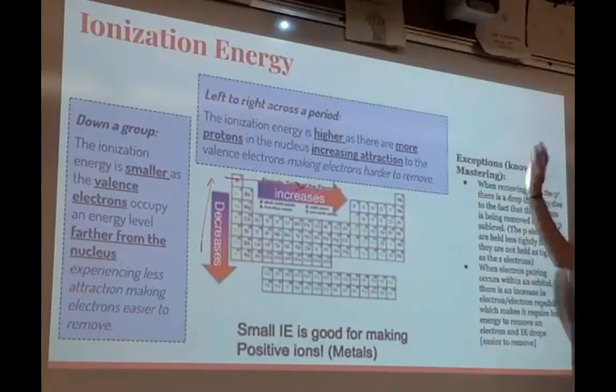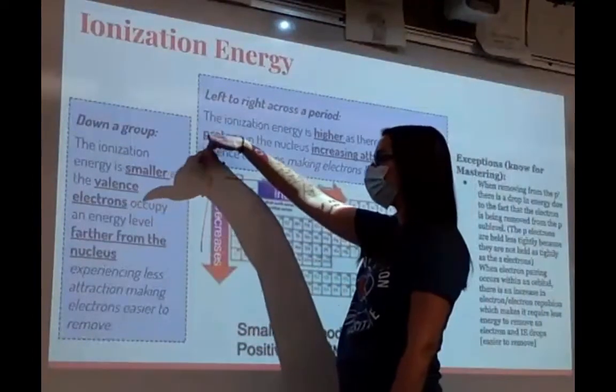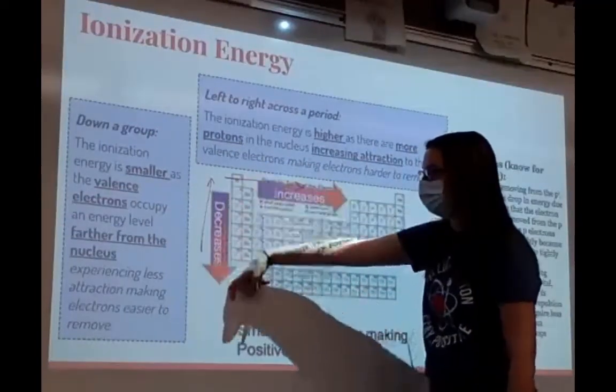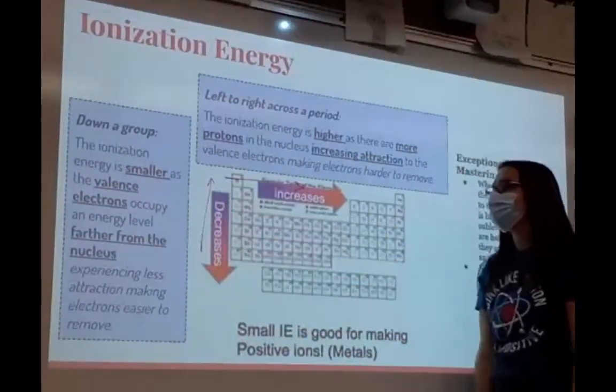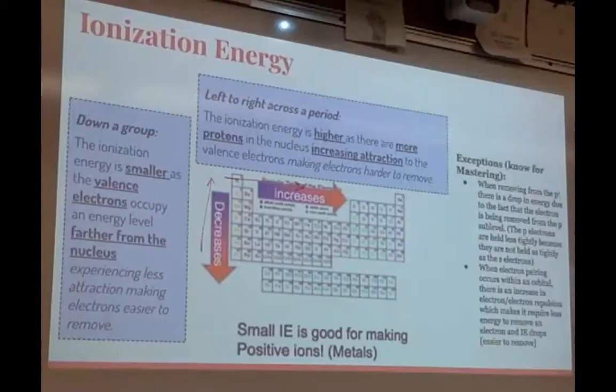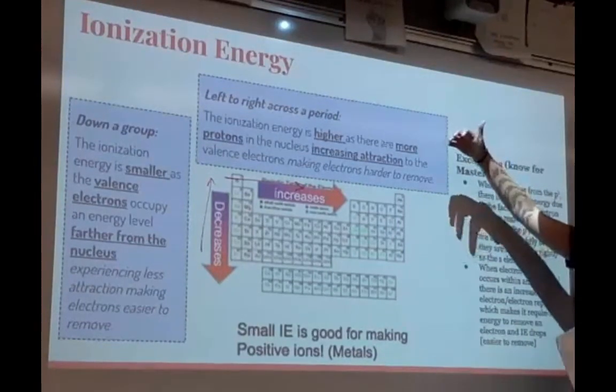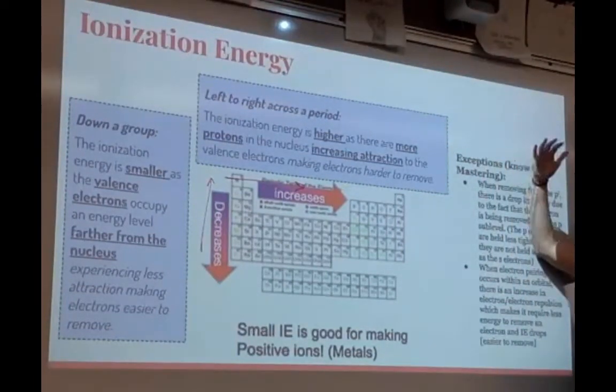So as we go down a group, the ionization energy is smaller. Again, as we go down a group, ionization energy is smaller because the valence electrons occupy an energy level that's a lot farther from the nucleus. So the farther away from the nucleus, the easier it is to remove, because the protons aren't holding those valence